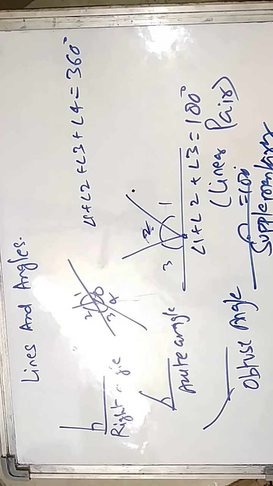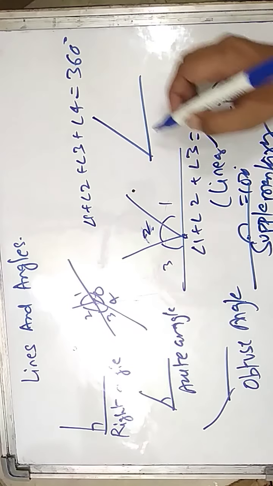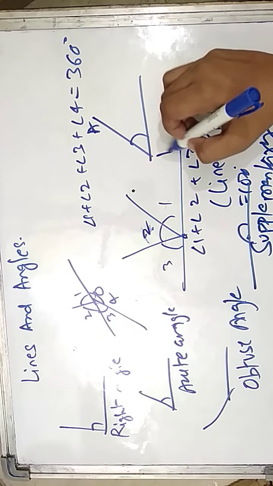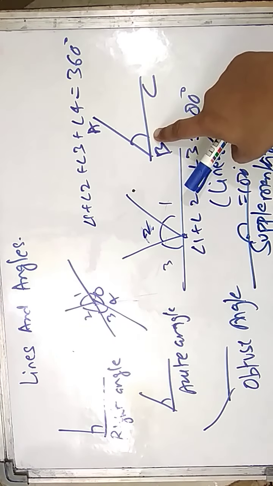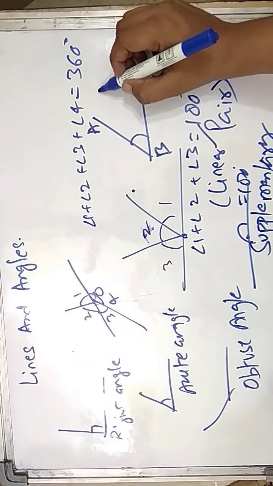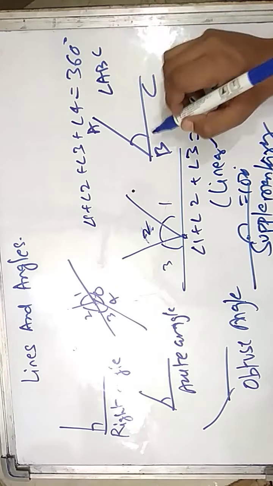Okay, class. And after this, there are some few points to be discussed here. One is adjacent angle, and linear pair I have explained to you. What is the meaning of adjacent? For example, if you have one angle with points A, B, C, an important point is that you can write this angle as angle ABC.